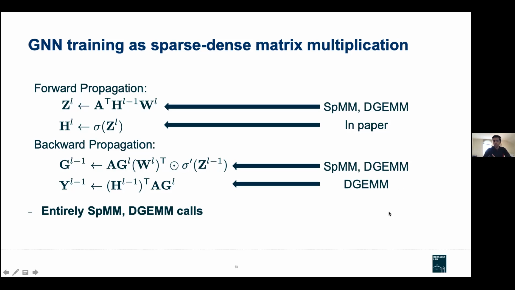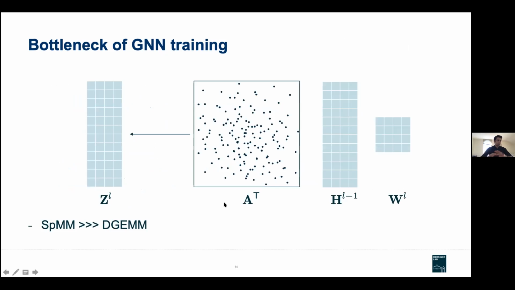Do we spend more time on SPMM or do we spend more time on the DGEMM operations? When we take a look at a matrix visualization of the forward propagation for graph neural network training, where we multiply the adjacency matrix for our graph, the feature vector matrix, and these weight matrices, we can see that the bottleneck of graph neural network training isn't DGEMM, it's this SPMM operation,